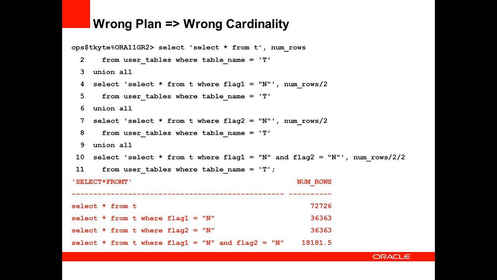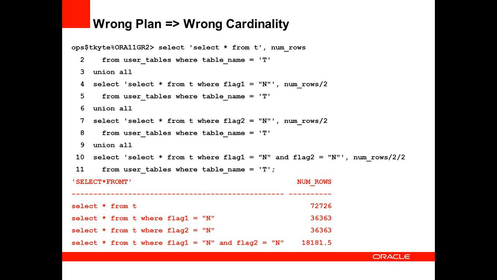Same with flag 2. It understands that perfectly as well, and will come up with a very good estimated cardinality for that. However, when I ask it the last question there, select star from T where flag 1 equals N and flag 2 equals N, this is where the optimizer is going to have a hard time, given the information it has. This is where you would have a hard time coming up with an estimated cardinality, given the information